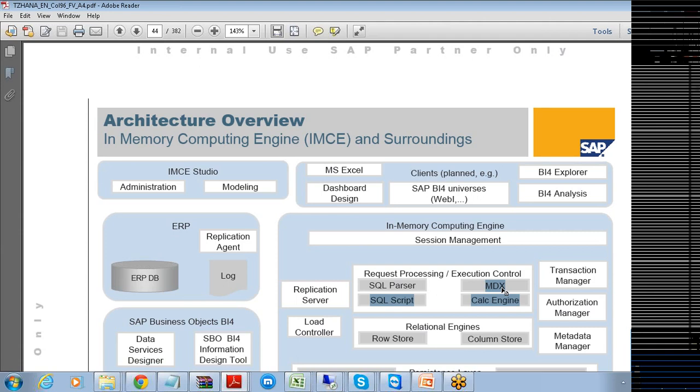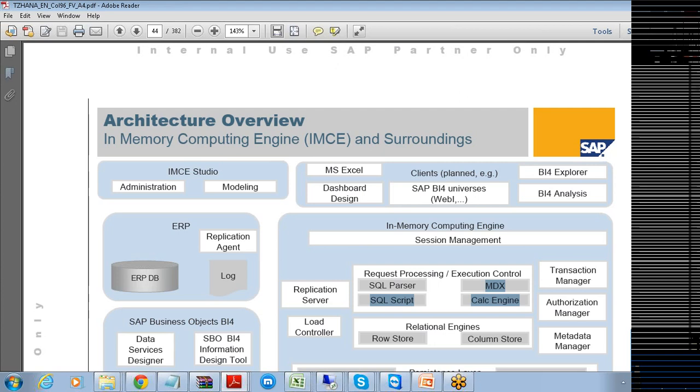But who is responsible for generating the SQL or MDX queries? The Business Objects tool generates the MDX queries, and the execution of your MDX queries is the responsibility of the HANA in-memory computing engine. Does it make sense? Yeah. Okay.